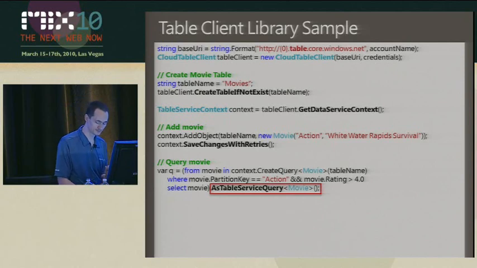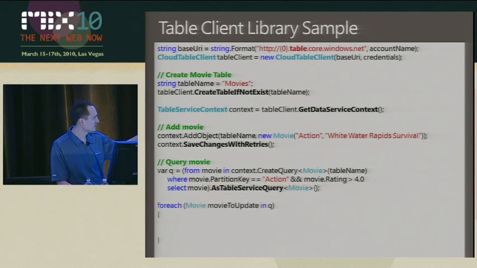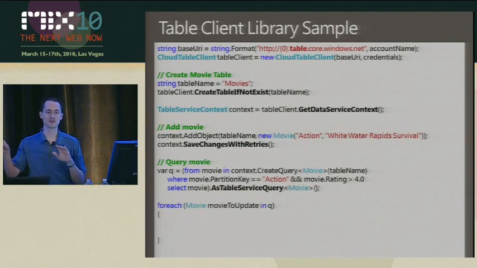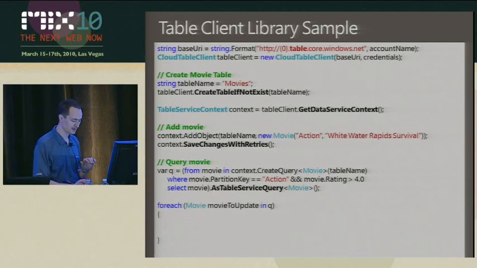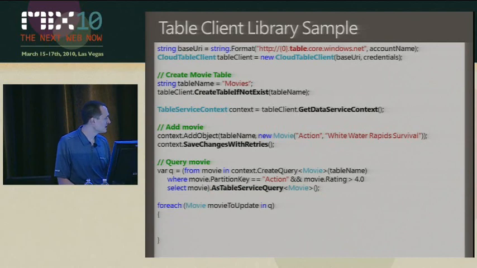Okay. Now here we have our LINQ query. At this point in time, we actually haven't done the query to the table service yet. It's not until we do a foreach here that we actually go off and do the table service query using LINQ in WCF Data Services. So this will go to the table service, get the entities back that match this query, and allow us to